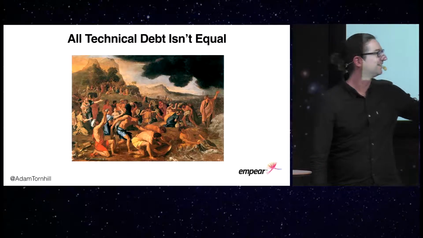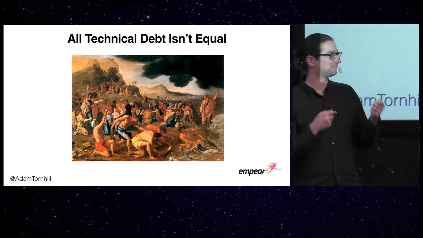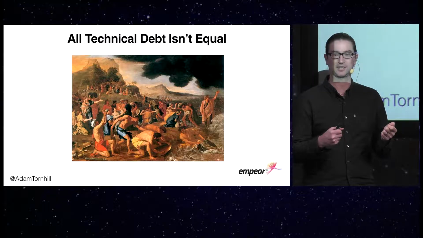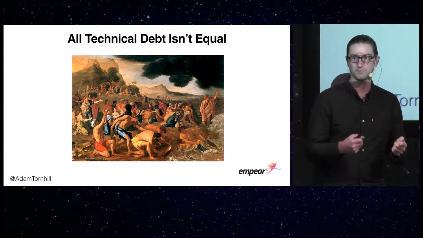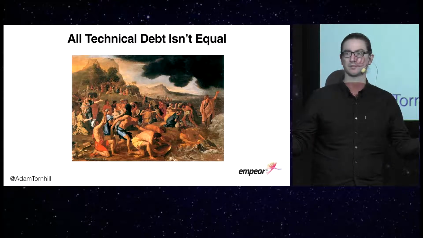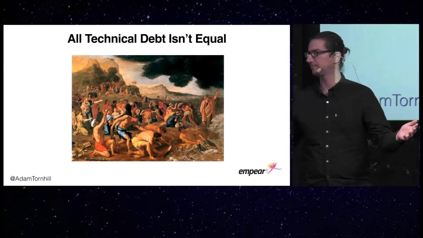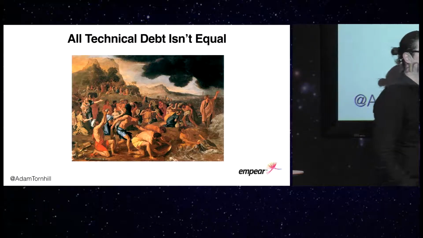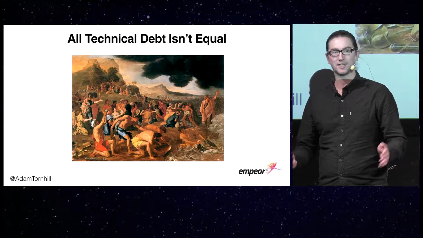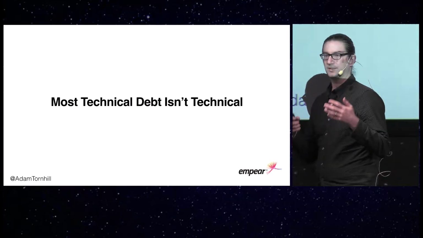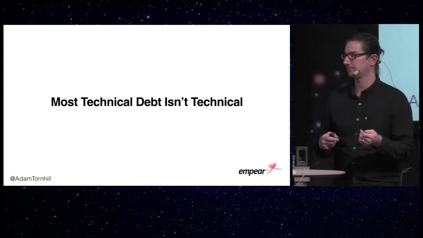So I think my point here is that 4,000 years of technical debt, it might well be accurate, but it's not particularly helpful. I mean, where do we start? Is all debt equally important? And besides, I also think it's a mistake to quantify technical debt from code alone. And the reason I say that is because most technical debt isn't even technical.